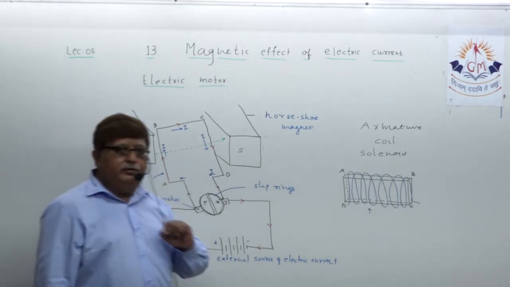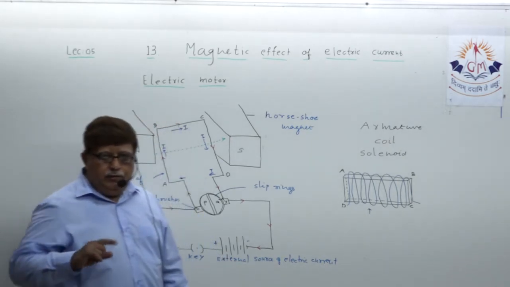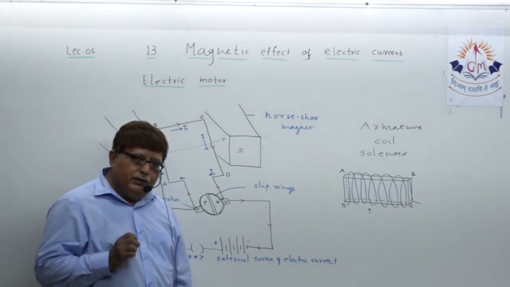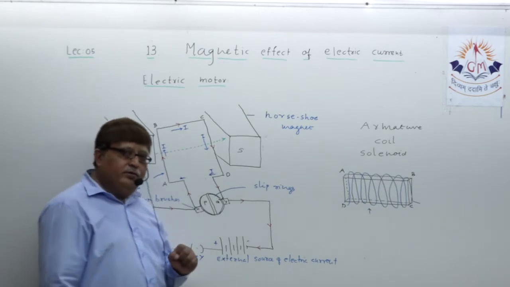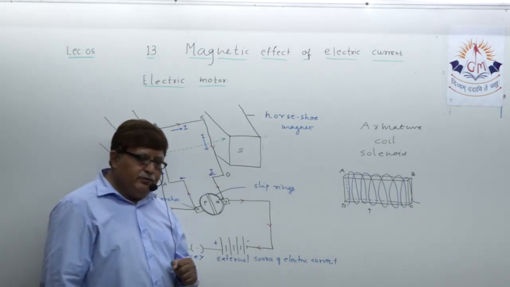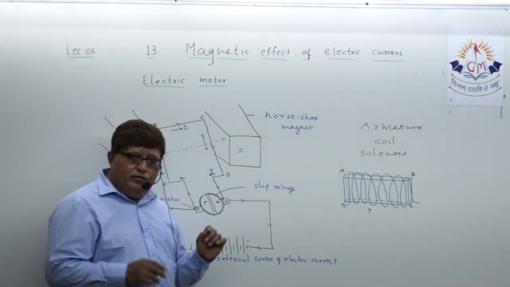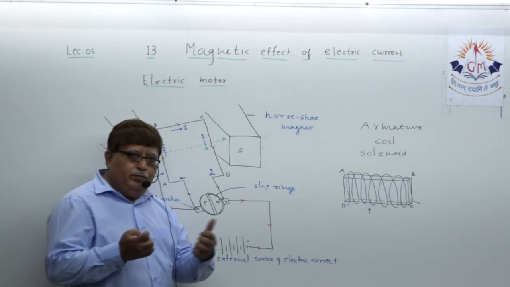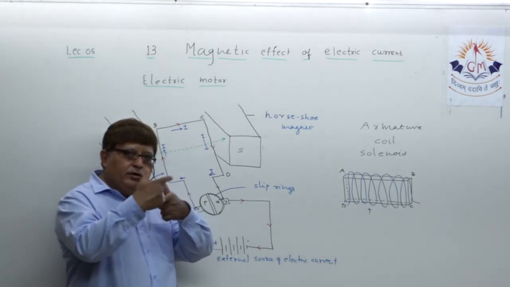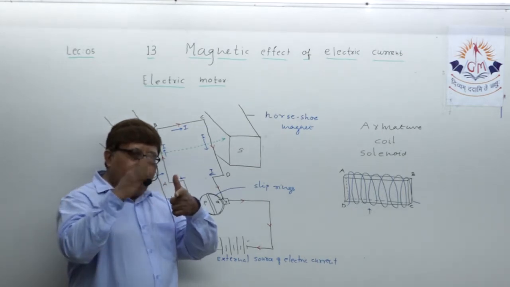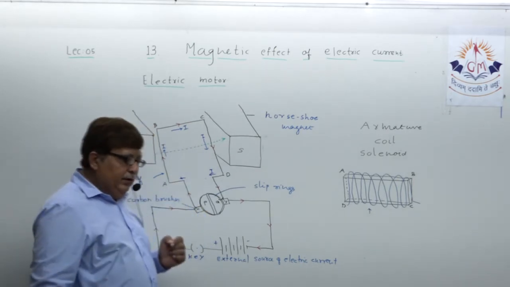In that also, dear student, one thing is clear, that electromagnetic force is going to be active on two ends, which are AB and CD. Now question, how will the electromagnetic force act? It is not a straight conductor that it is pulled. It is a rectangular coil of wire which is free to rotate on the axle. Just by a flick it will start rotating. Understand? So actually what happens here,